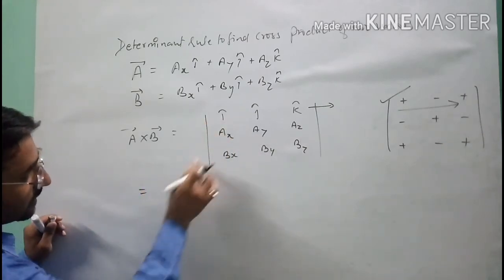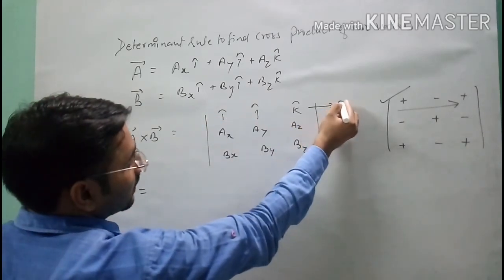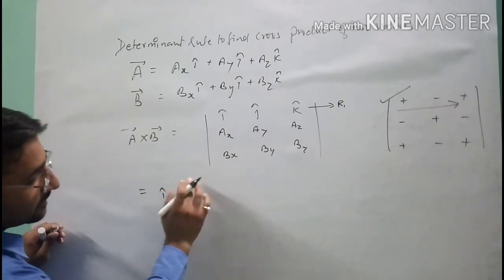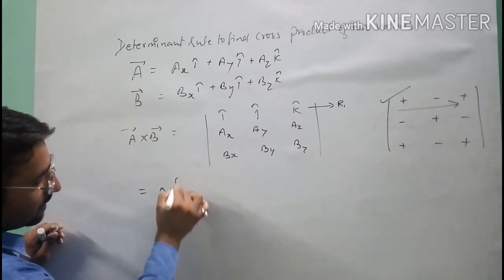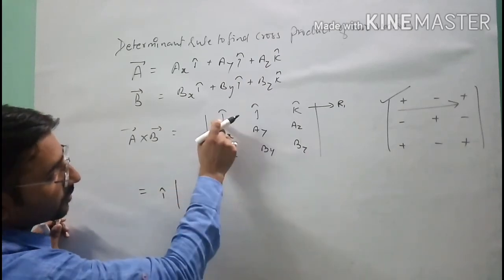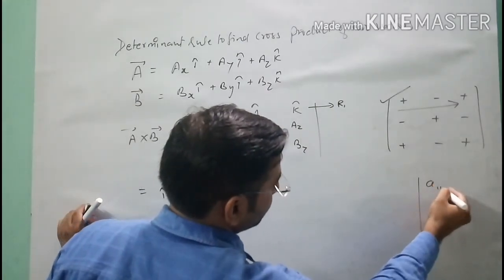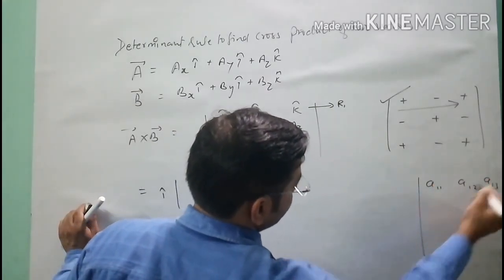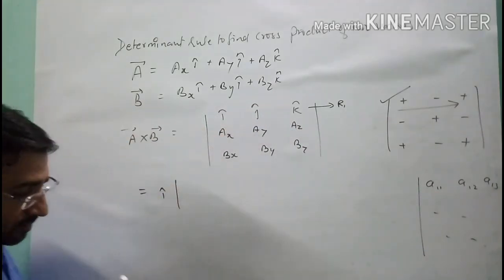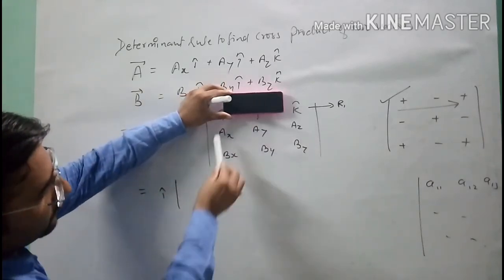First, when we want their cross product, I will write this part first because we are dealing with along R1. I cap will come outside, and inside this I will write the minor for this. What is the position of this? Listen carefully, I am writing here again 1 1, 1 2, 1 3, and remaining, you know that A11 is first row, first column. You can hide first row and first column. See here, this is your first row and first column.